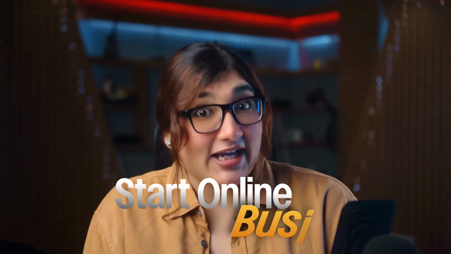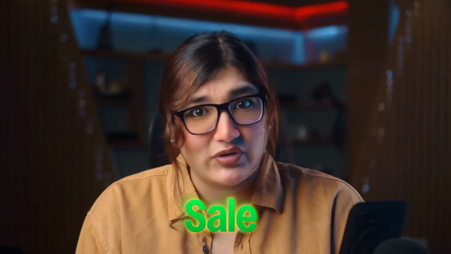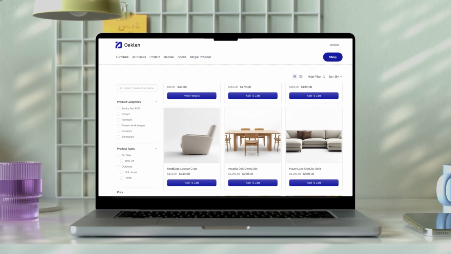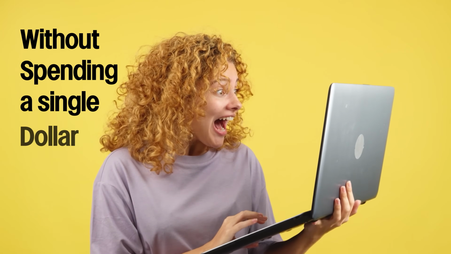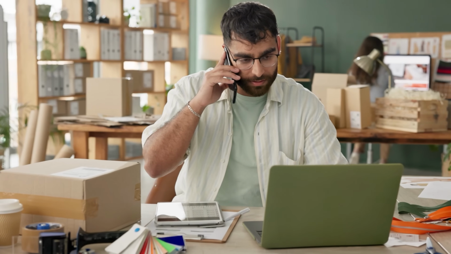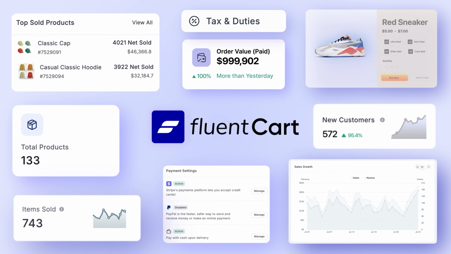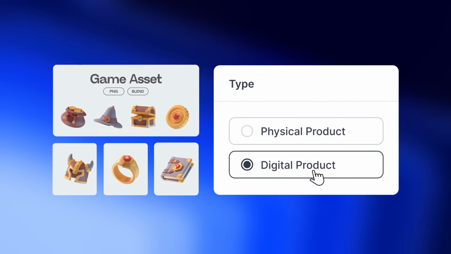You want to start an online business, but every platform charges you before you even make a sale, right? What if you could build your entire store from installation to your first sale without spending a single dollar? Today, I'll show you how you can launch your online business for free in WordPress. And to make it happen, I'm using Fluent Cart, a super fast, lightweight e-commerce plugin that lets you sell physical products, digital products, and anything you want. So follow me along, and by the end of this video, you'll have a fully functional store ready to make